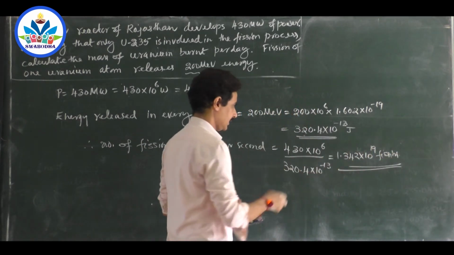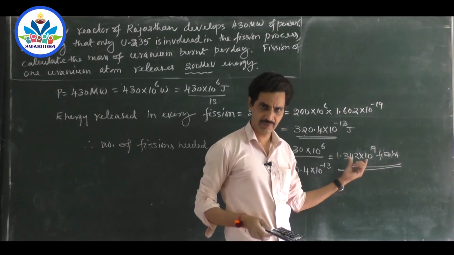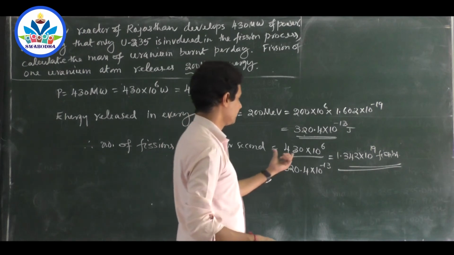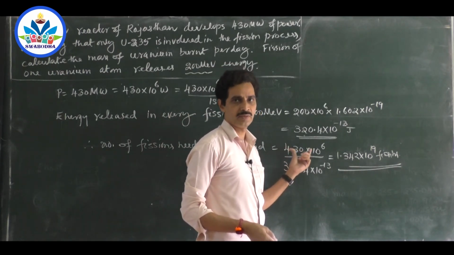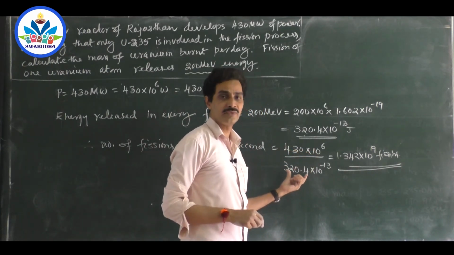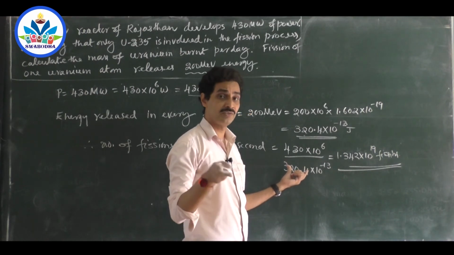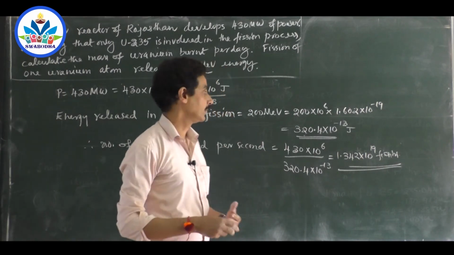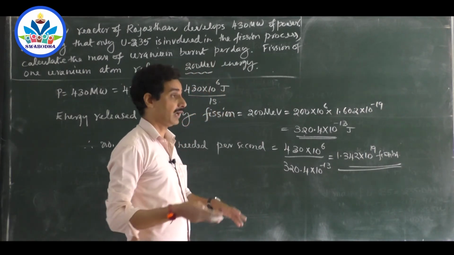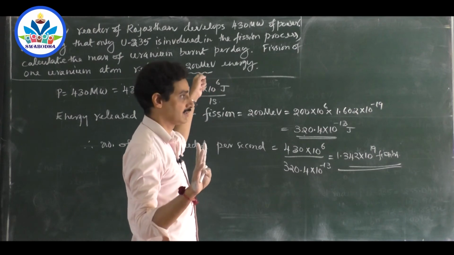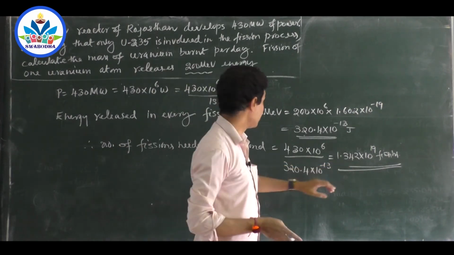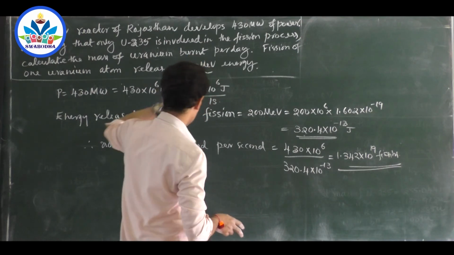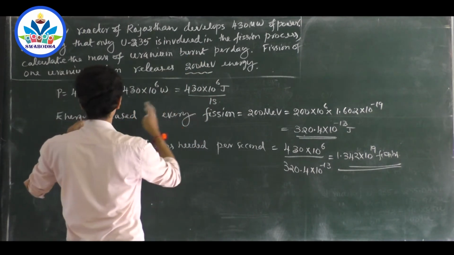Did you come to know whatever I have written here? Did you follow? This much of joules of energy is required in 1 second, but one fission gives only this much of energy. So how many fissions do you have to depend on? So many fissions. Divide them, right? And last time I gave 800 million electron volt of energy. I have to wait for 4 fissions because each fission gives this much. So divide them. But before dividing, both should be in the same unit. If this is in joules, this should also be in joules. The conversion in joules is made already, right?